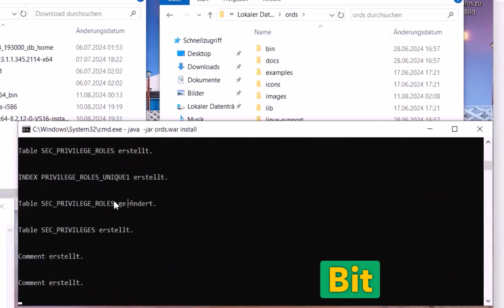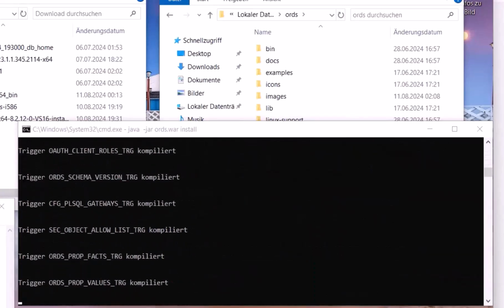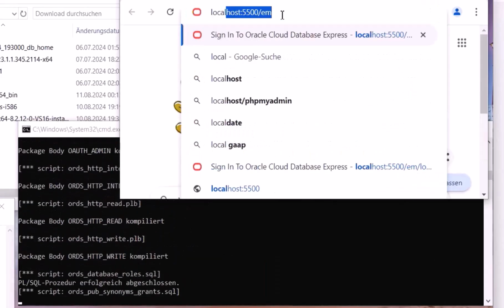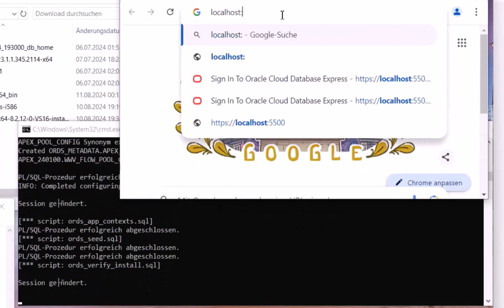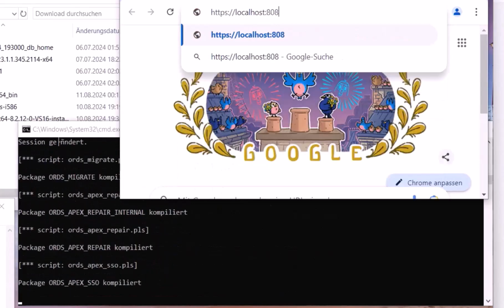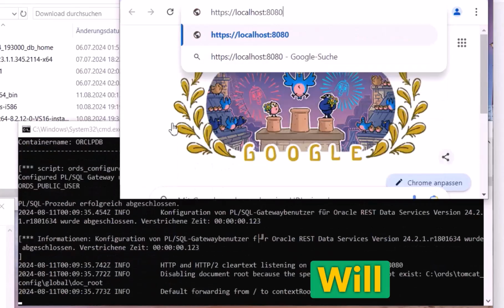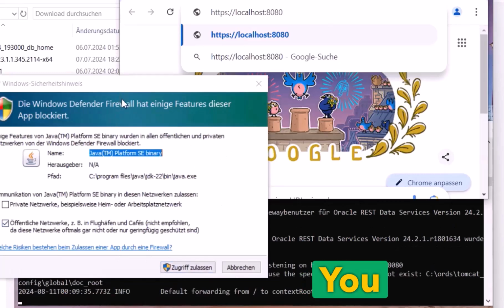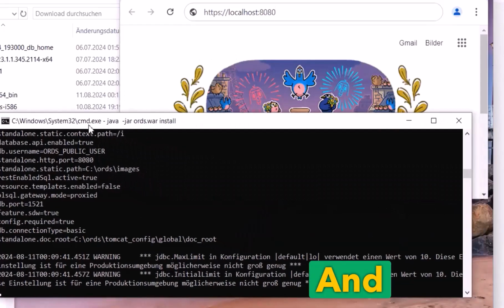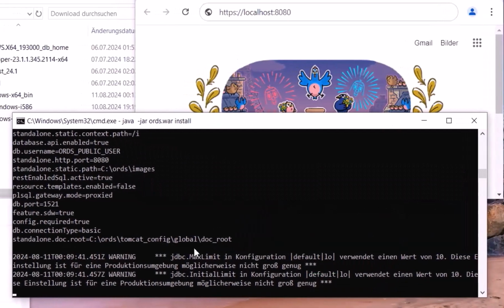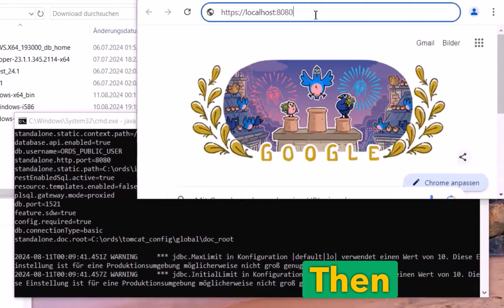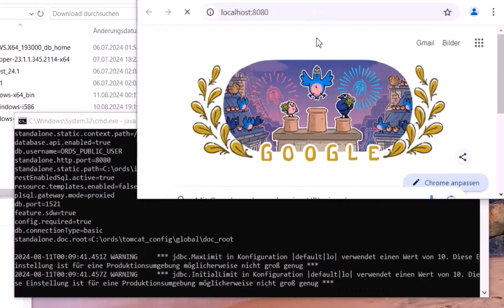It takes a little bit of time, and after that we can open in the Google Chrome browser localhost, and then the port number was 8080. I will wait a little bit, and after it's okay. If you see again the firewall message, you should accept this. And now it looks good. So if you see this message, it means ORDS is successfully configured. And then let's check. If I press here enter,